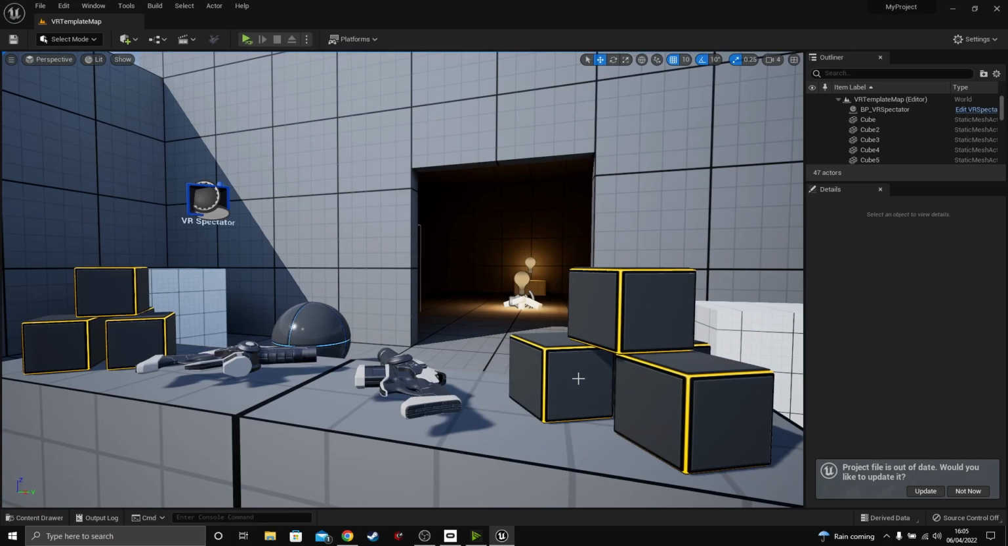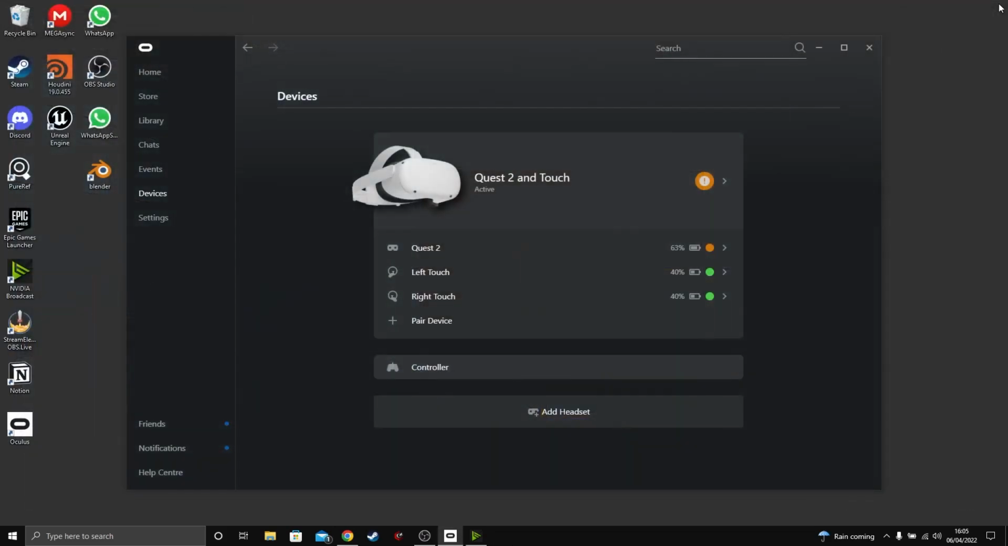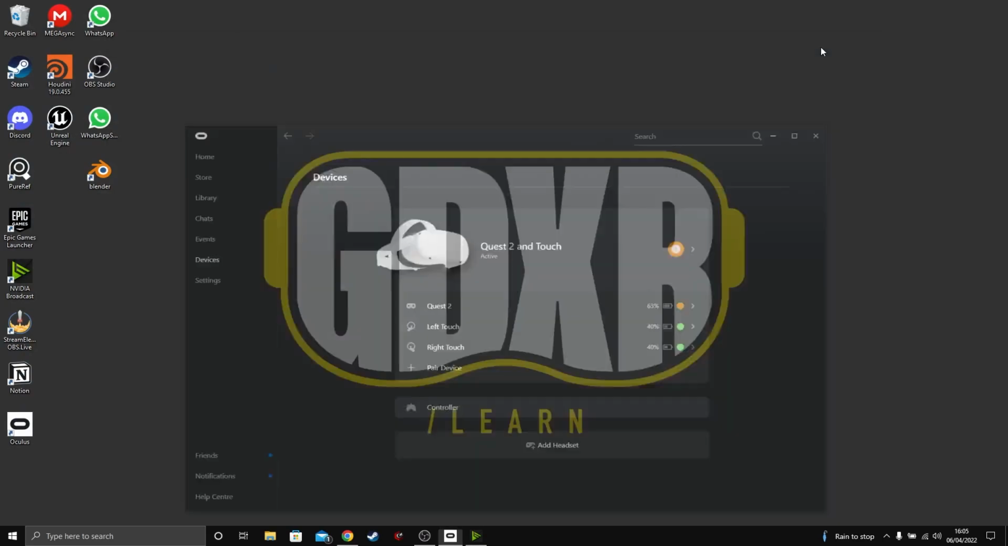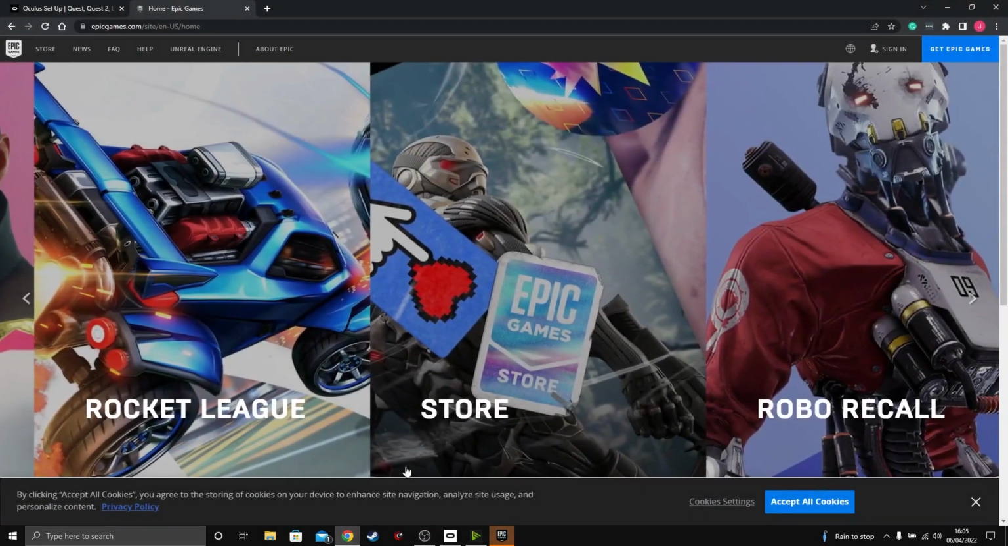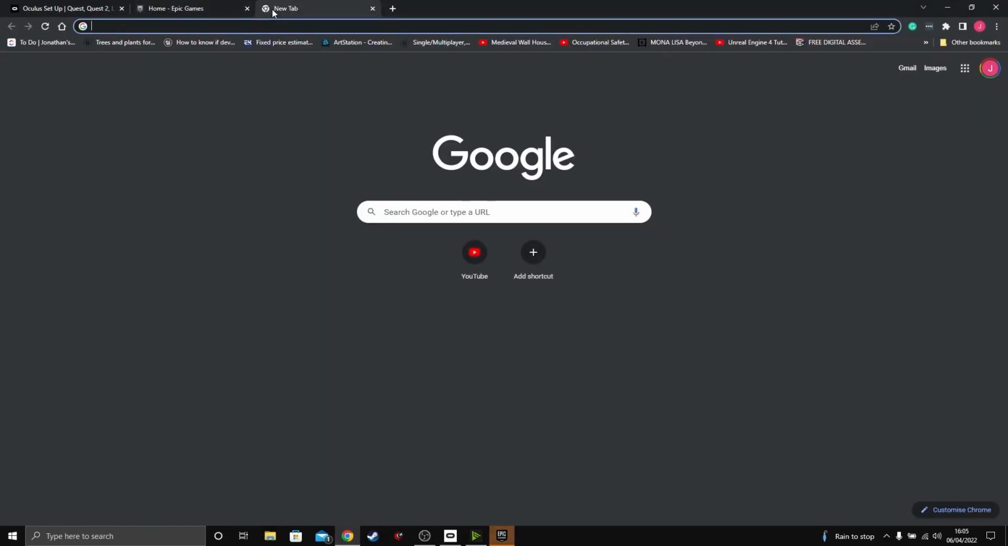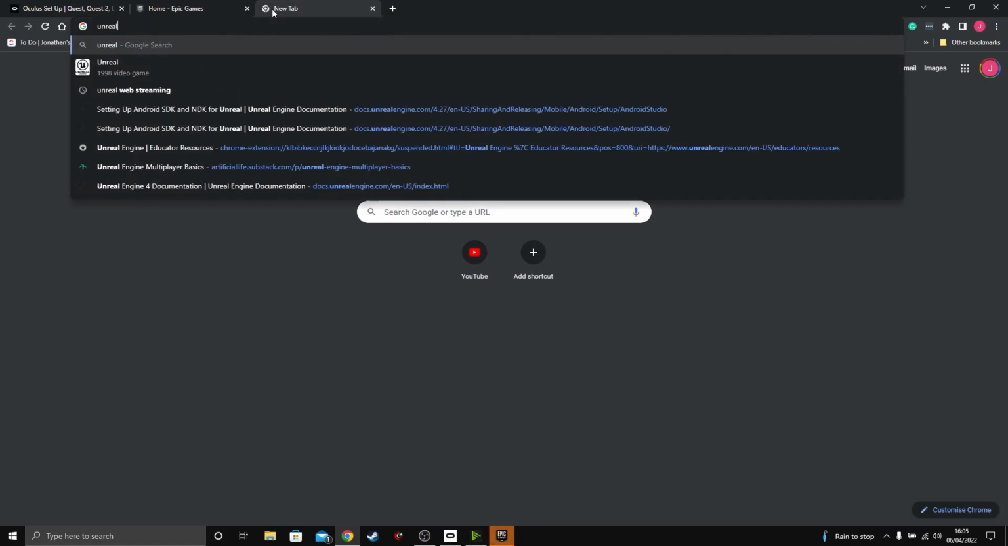Now that we've tested it in the headset and we know that we can actually interact with stuff in our scene, we want to set this up so we can build it to the headset as a separate application. So we're going to close down Unreal because we don't need it open, and we're going to minimize Oculus. We want to keep that in the background. And in our Explorer that you use for your web browsing, we're going to search for Unreal Engine